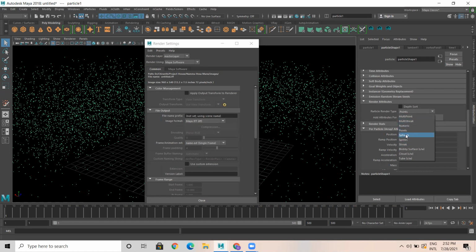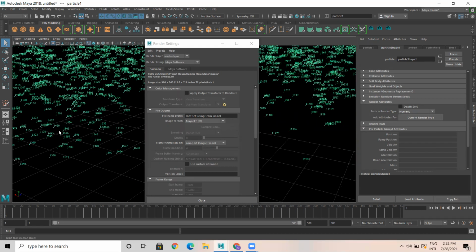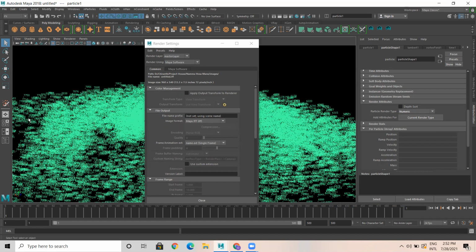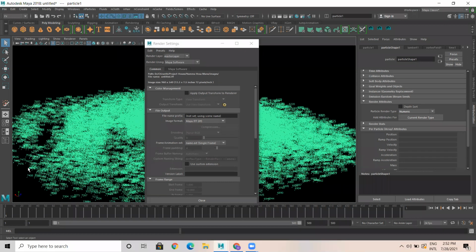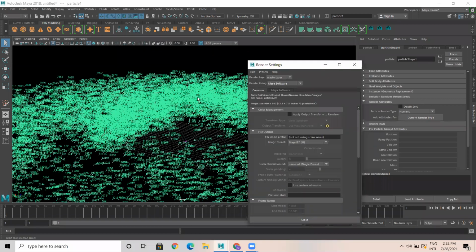The remaining 6 particles will render in hardware. So numeric is a non-renderable particle. You can see numbers, how many particles are there. Let's say it shows 7,009, 57, 8,000.